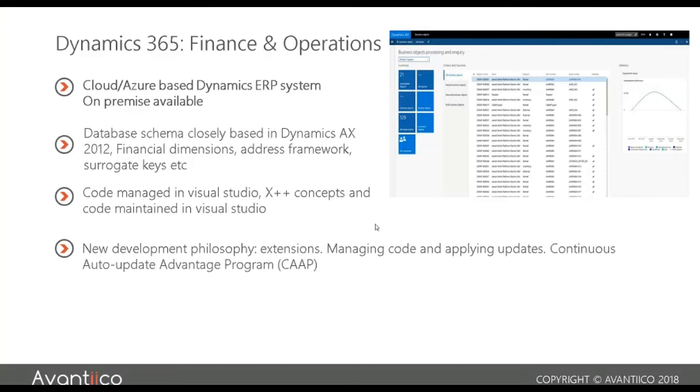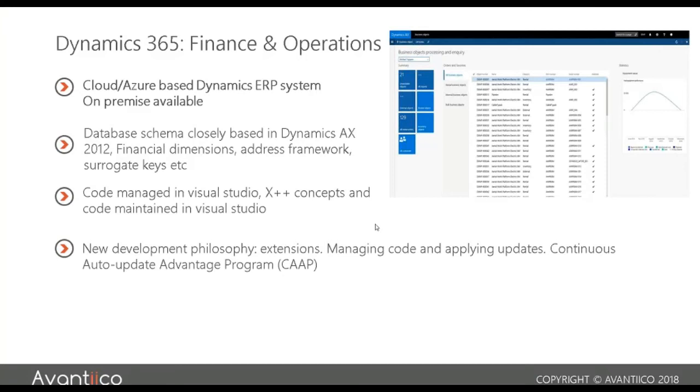So if you're running Dynamics AX 2012, you're going to be familiar with financial dimensions and surrogate keys and the global address book and the address framework and all of the denormalized tables. So that data structure has largely been kept in 365. But there are some differences.